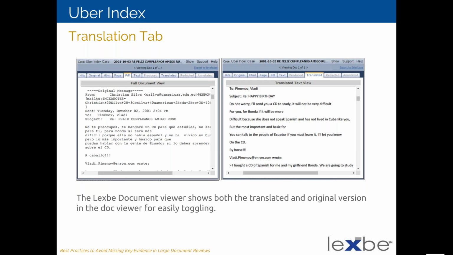You can see what it said in Spanish, and right next to it, you can look in and see the translated version of the document. So you can easily toggle back and forth. So now that we've talked about all the different types of indexes and what's available to you, you might be